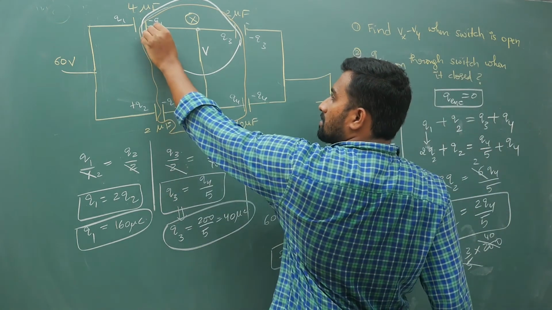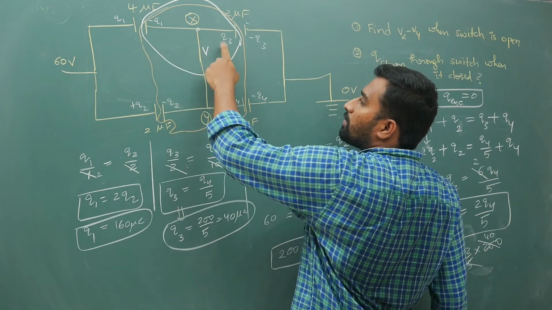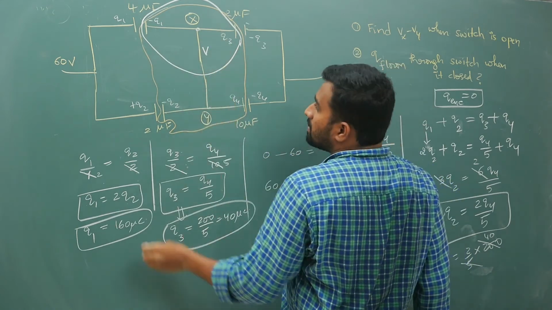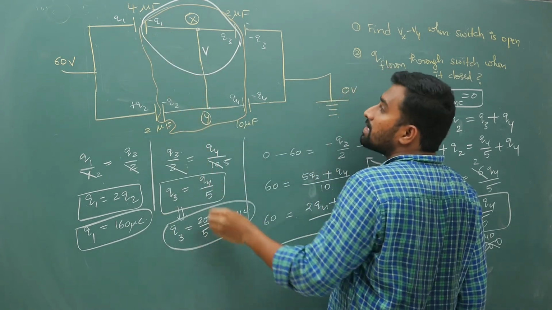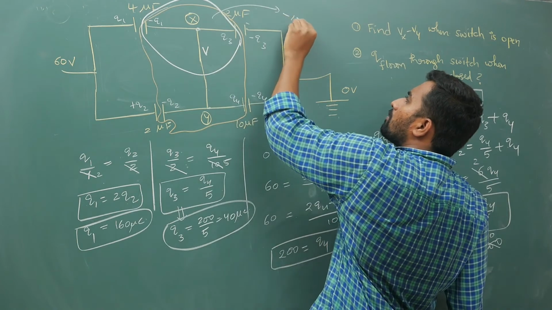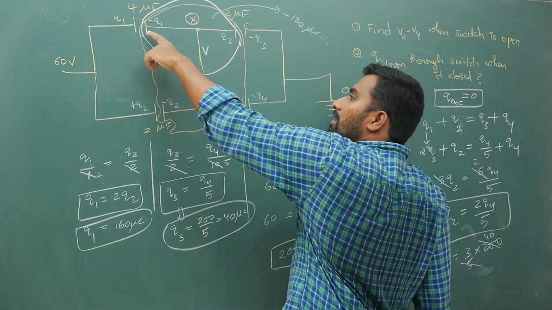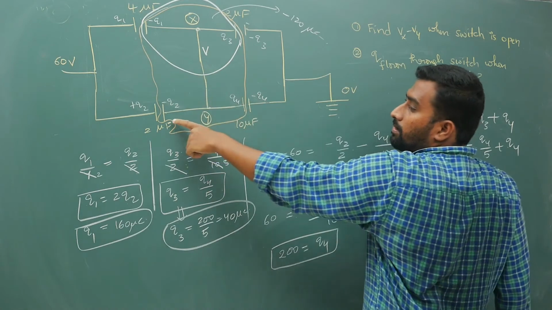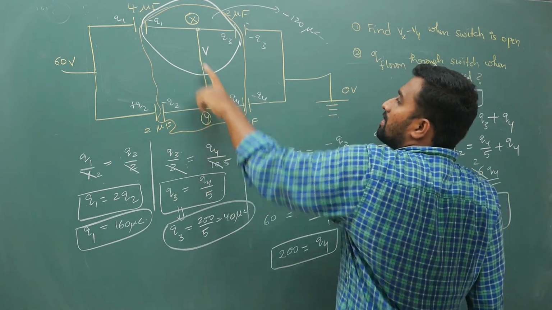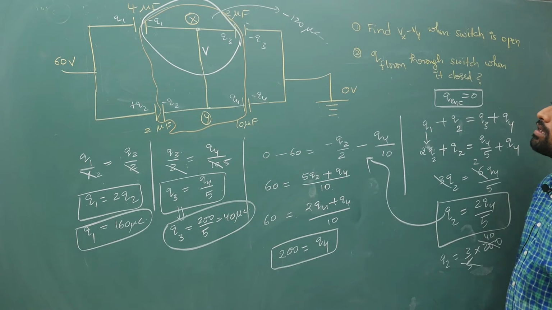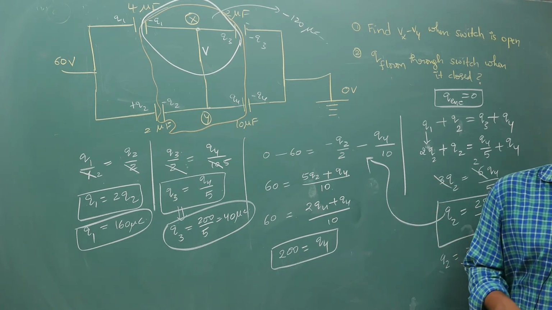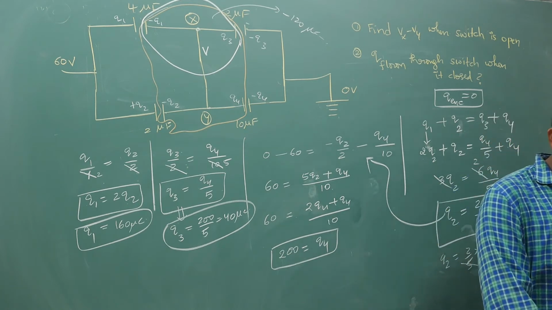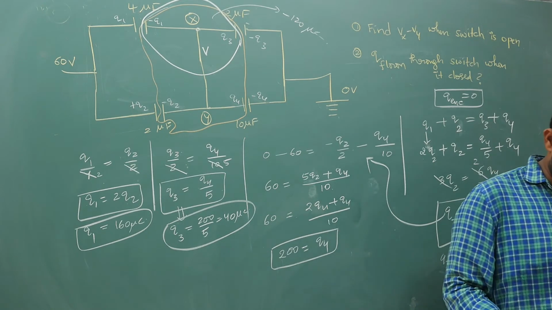So this is minus 160 and this is plus 40. 40 minus 160, your answer is q3 minus q1. So net it is minus 120 microcoulomb. That means electrons are removed from the bottom region and sent to the topmost part. So minus 120 microcoulomb is the charge that is flowing through the switch. Like this you are supposed to simplify it. Next, now let us try to do some more questions.